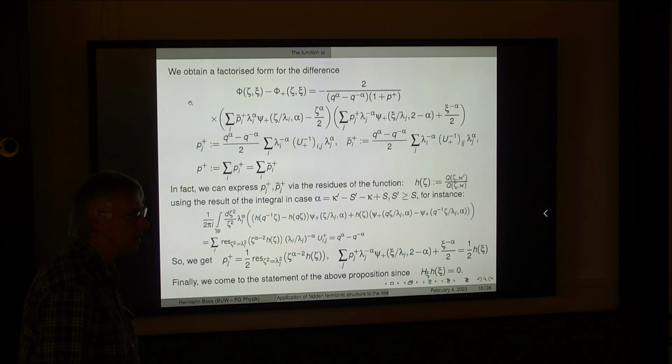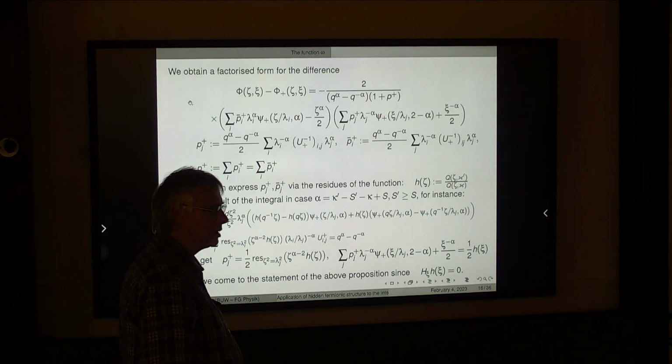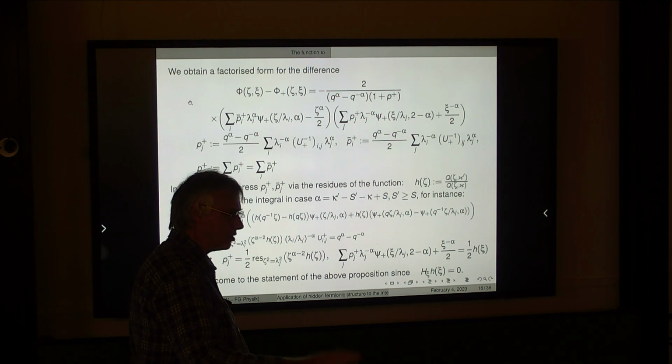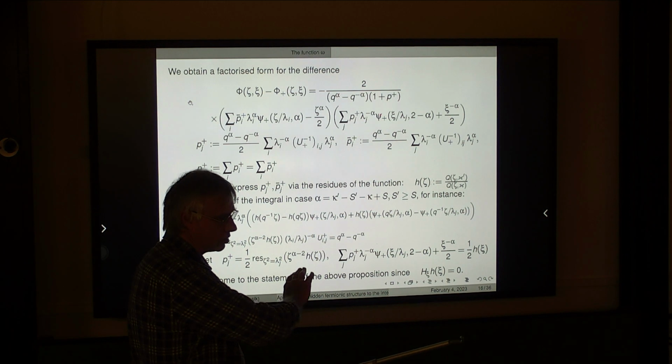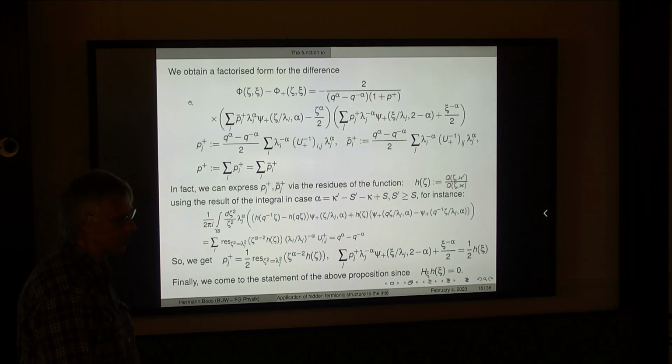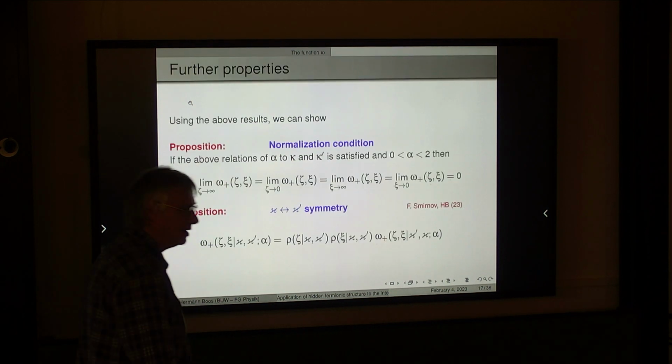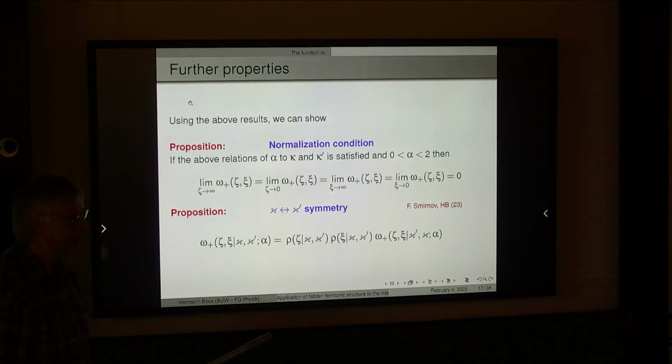Question from my side. Yeah. You found a solution to this equation, I mean, a function with the necessary poles. Yeah. And you need asymptotics in order to have a unique solution. And do you control these asymptotics? In some place, yes. We come to asymptotics. Yes, it's an important question. Actually, right now. It's about your question.